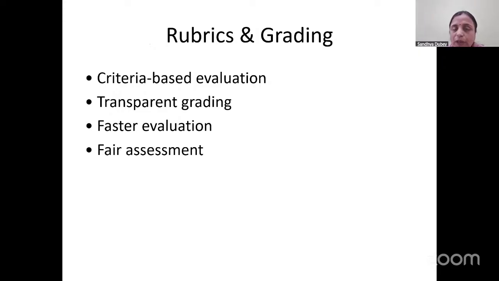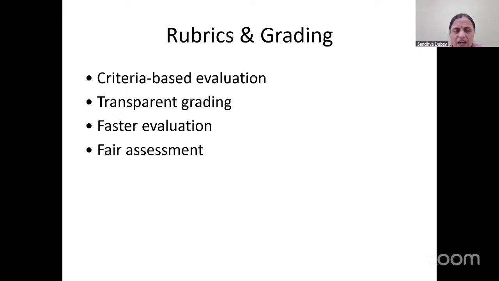Then again, while scheduling the quiz or the assignment, it is important to include the rubrics and the grading. We need to have criteria based evaluation, where you clearly mention the parameters on which basis I'm going to evaluate your application, the program you have written. We are not going to check only whether it is giving the correct output or not. Your program may give the same output as a different program, but I have the flexibility that I can give 2 different students 2 different marks, and I can justify it as a faculty.